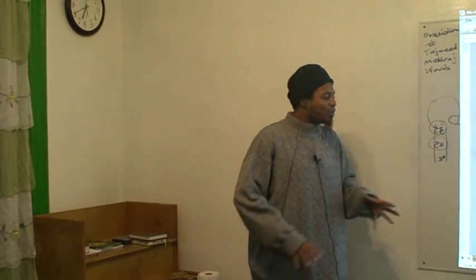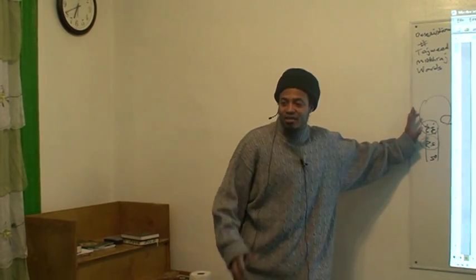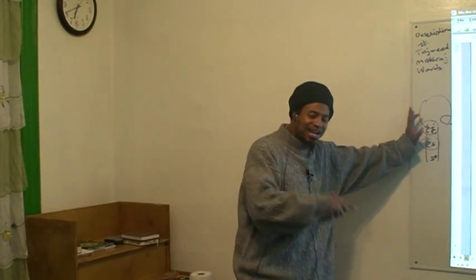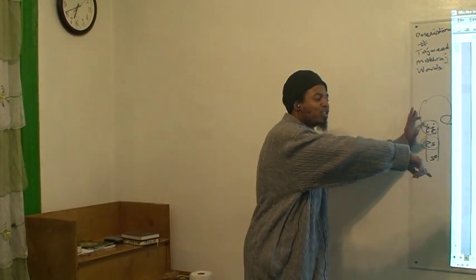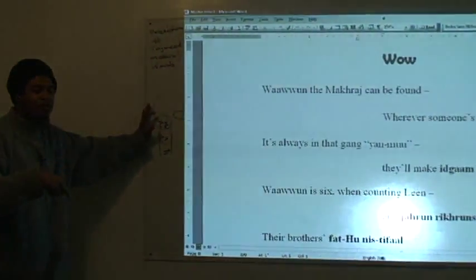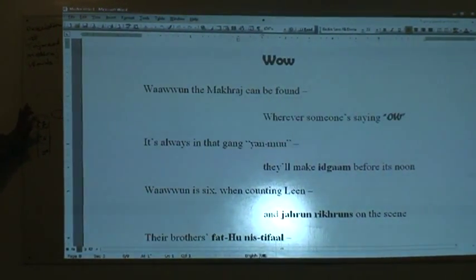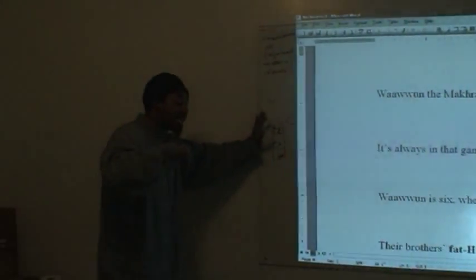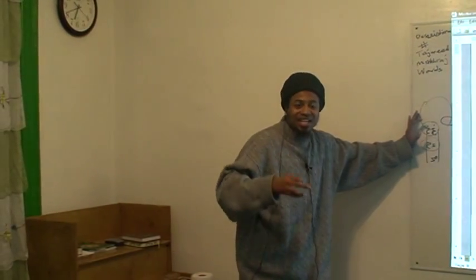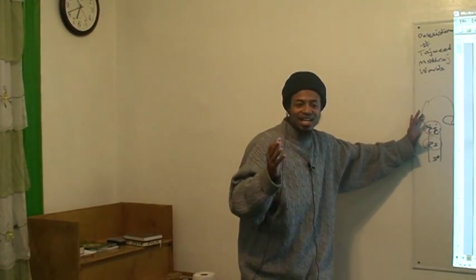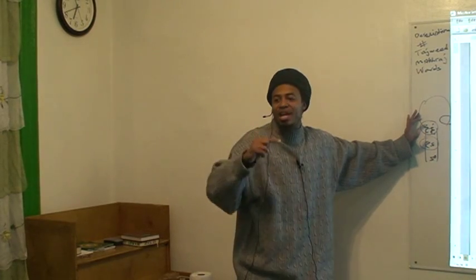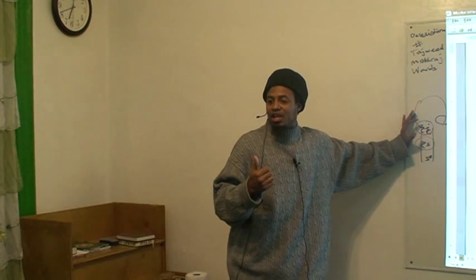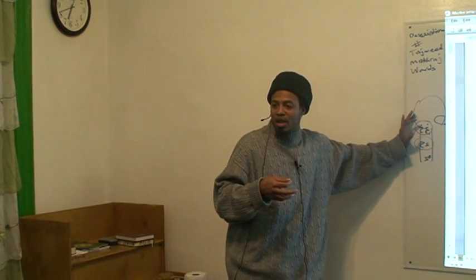Now wawun is 6, meaning it's the 6th letter in the original traditional format, and its number is 6, right? But he plays a game with the words right here. He says wawun is 6 when counting lean. What he's referring to is a dual play on the words. If you count the sifat of wow, there'll be 5. There'll be 6 if you count lean. Now lean is a special rule. Lean is not a particular rule that goes with all the letters. But lean is that diphthong rule that we have in English. When you have ow and a